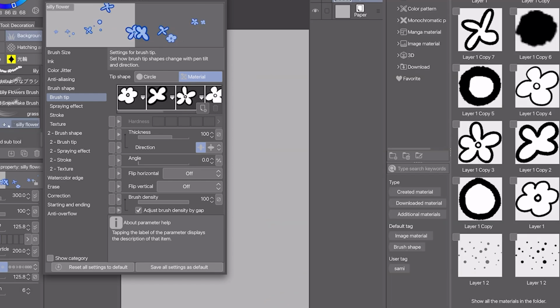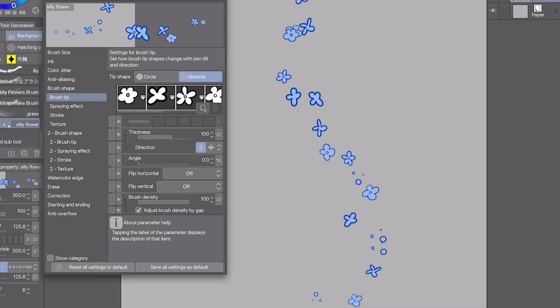So I'm just going to go back and edit this flower brush a bit. I realized that those tiny dot particles would look better if they were all on the same layer. Now we have our very own custom brush. The next best thing to do is to share it on the asset site, so everyone else can use it